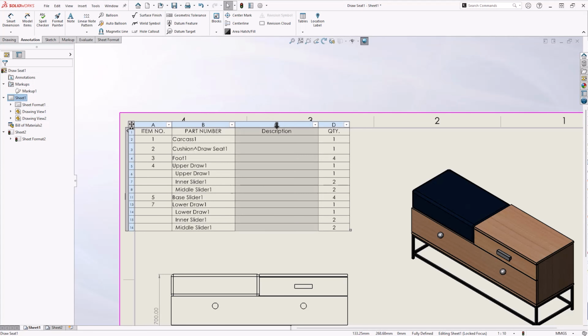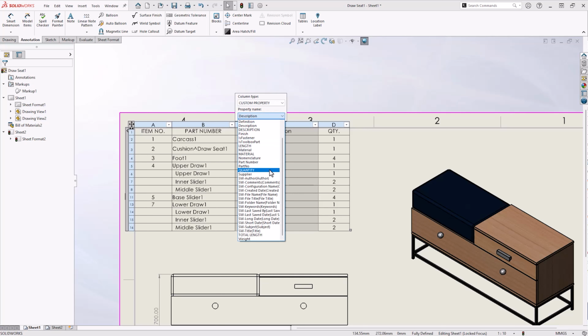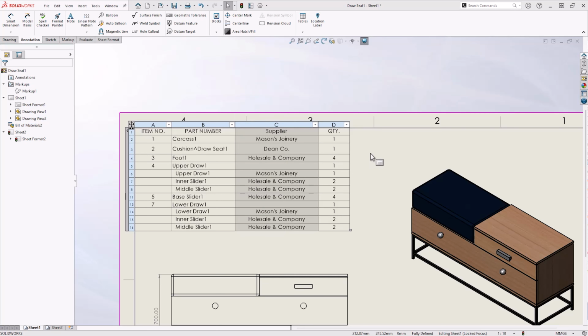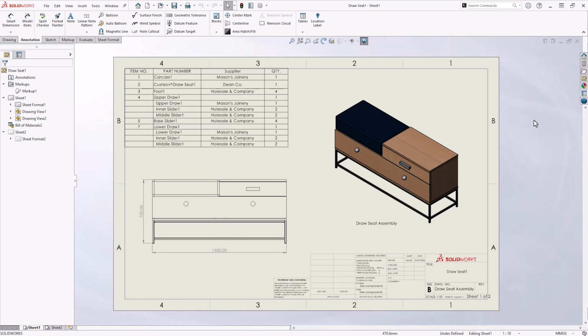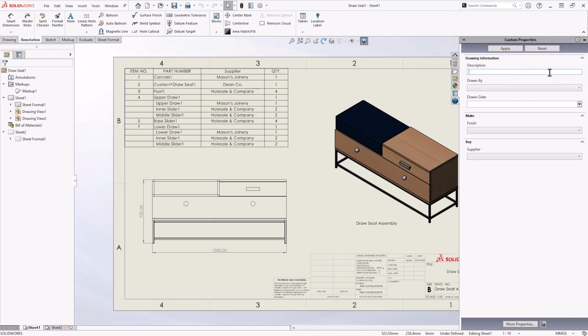Custom properties are also commonly used when creating bills of materials. By inserting or editing an existing column, you can link the column to a custom property to bring through additional information such as supplier name. The easiest way to standardize custom property creation is by using the Property Tab Builder. Using drop-down lists and selection options, we can eliminate spelling mistakes and human error when inputting these important properties. Check out our tutorial video here to learn more about how to set this up.